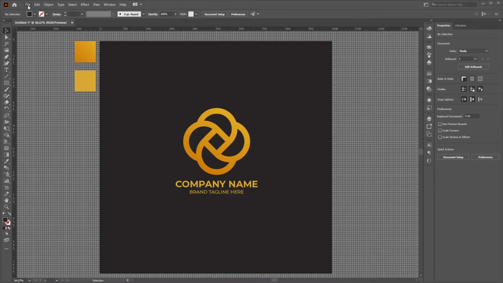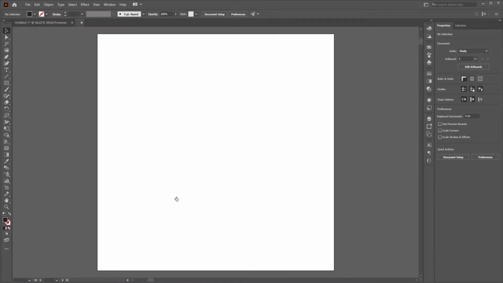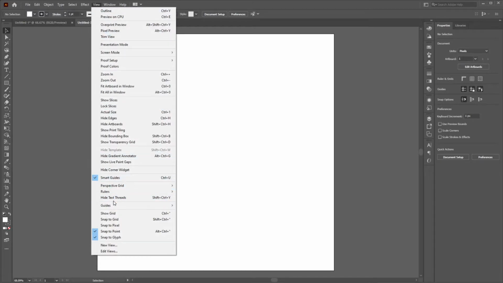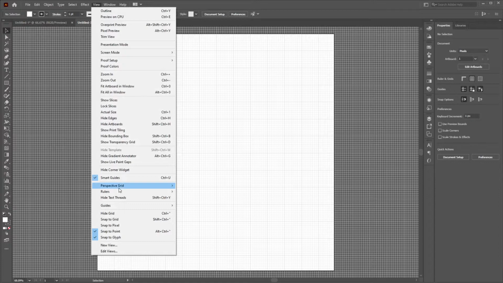Okay, now go to File, select New. Then I've selected 1000 by 1000 pixel with raster effects 300 ppi and click on Create. This will give us a new document. Now go to View and enable the Show Grid, and also make sure to have the Snap to Grid option